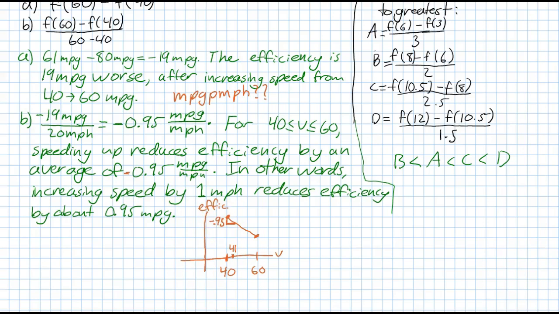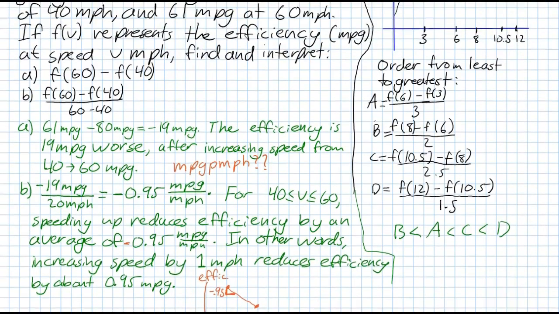It's a little bit small there, but that vertical distance would be negative 0.5 miles per gallon for every 1 unit increase in miles per hour. All right, looking at